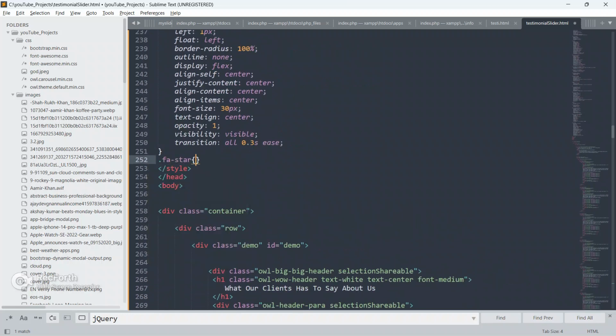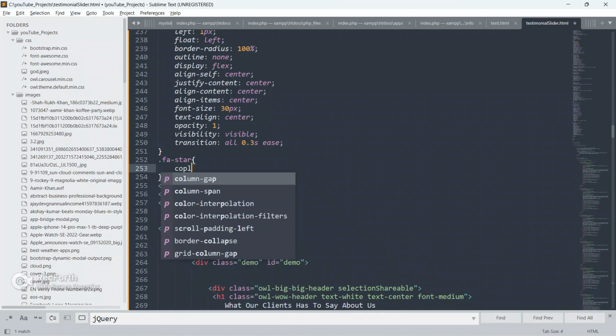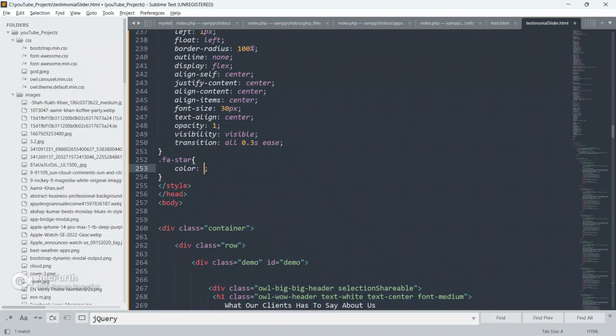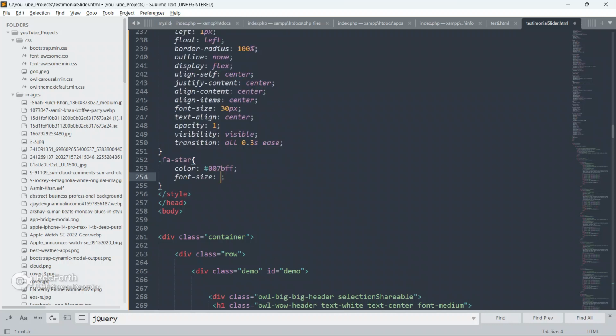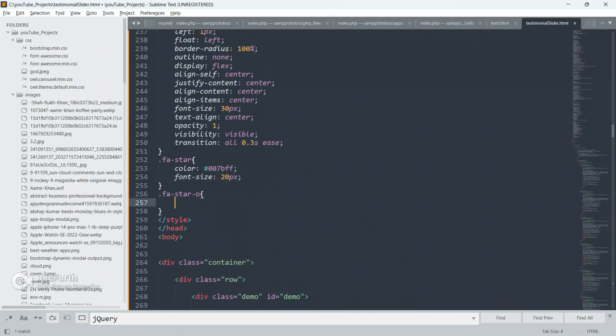So fa-star, give color as 007, okay, and give font size also 20px, okay, give fa-o